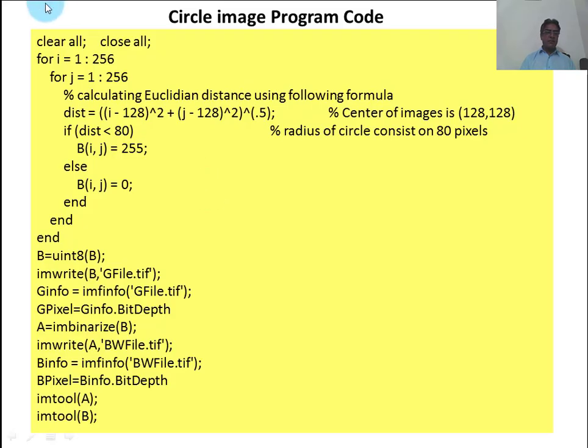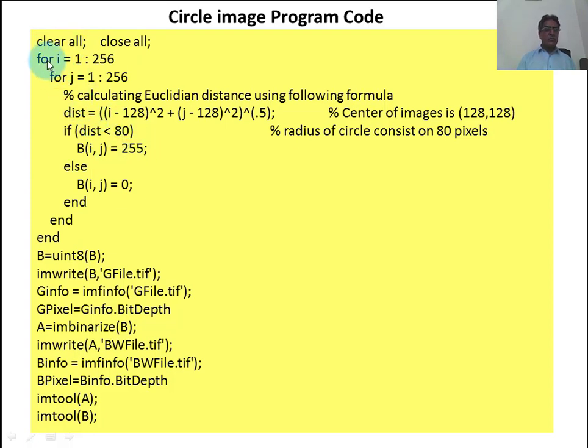This is the program where we start from the two commands, that is clear all and close all. Clear all actually clears the memory where the variable values are stored. Firstly we clear all the memory, and we use the memory for only this program. And close all means if some program had displayed some images, then before starting the execution of this program, close all those images. Close all means close all those images. Clear all means clear all the memory used by the other program.